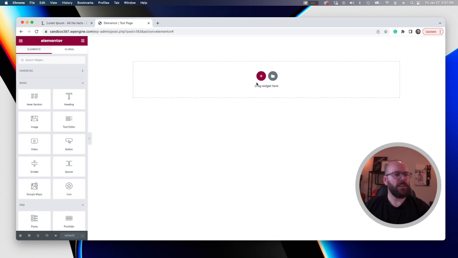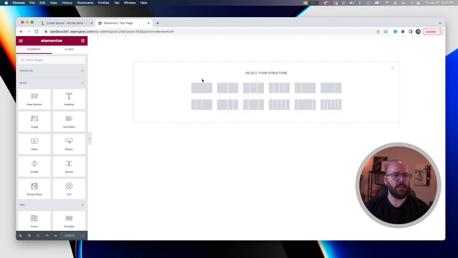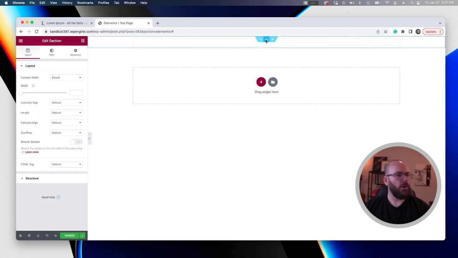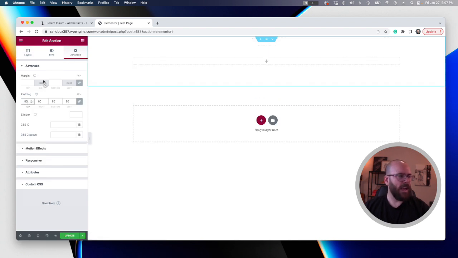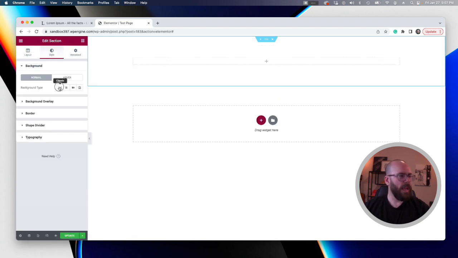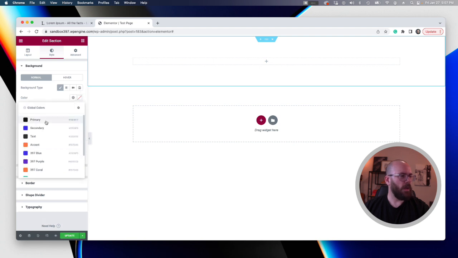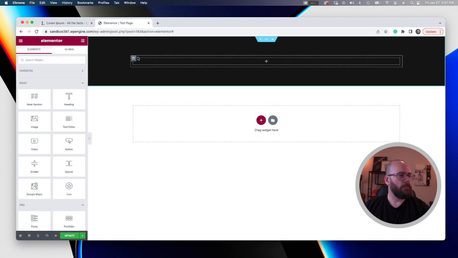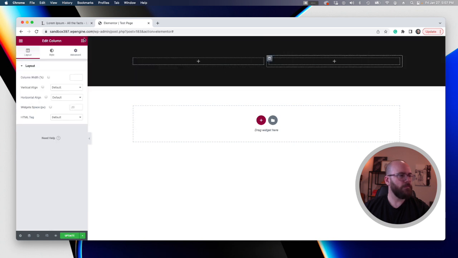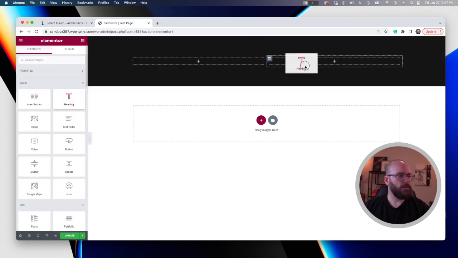So this website is still using the traditional sections. It's not been updated to the Flexbox containers. So I'm going to go here, I'm going to create my first section. I'm going to do some basic styling here. I'm going to add a background color from a color palette that already exists on the site here. And then I'm going to add a column and just drop some basic